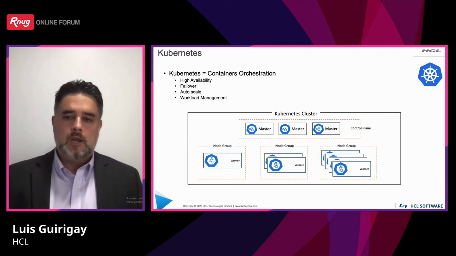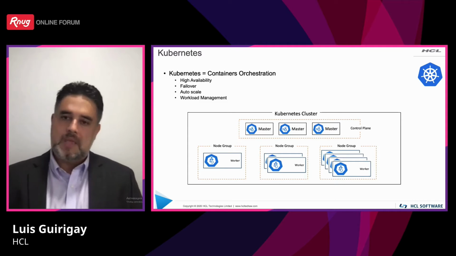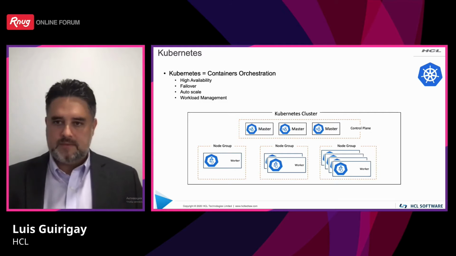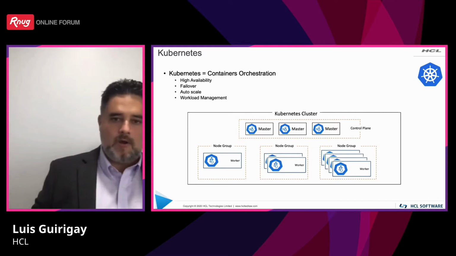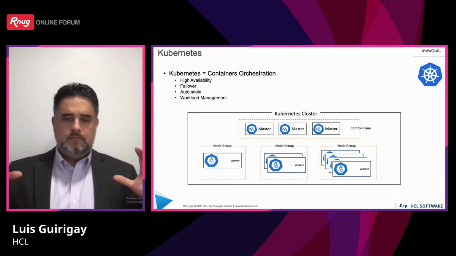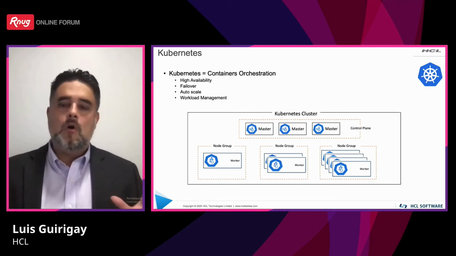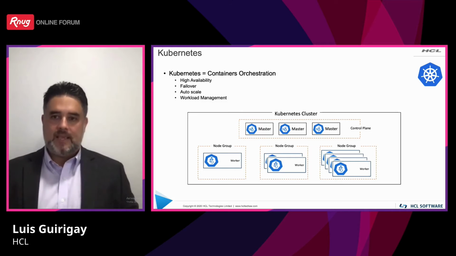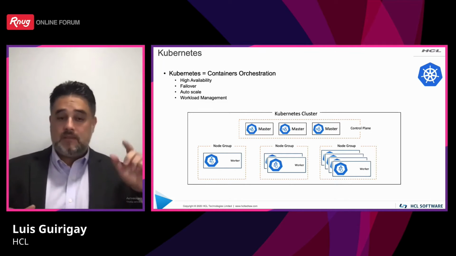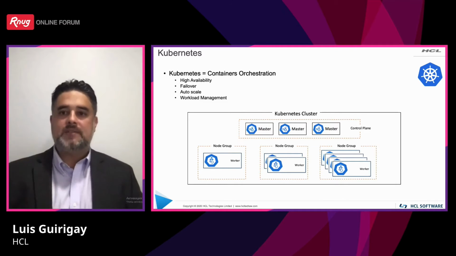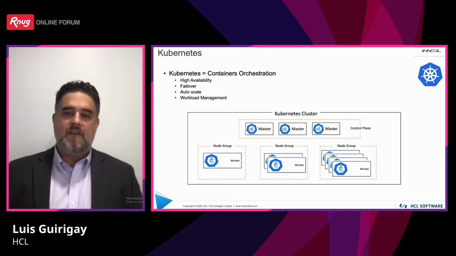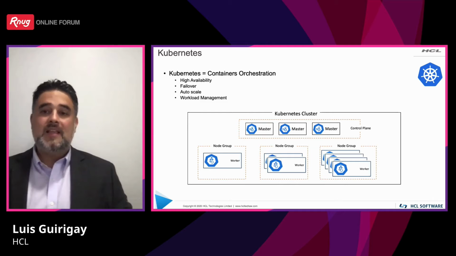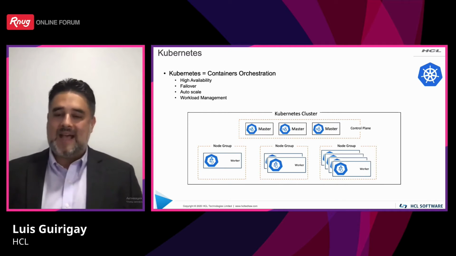I'm pretty sure you have heard of nodes before, worker nodes and master nodes. Let me tell you what they are. They are just VMs. In this screenshot, you have a couple of different components, so let me go one at a time. The one on top is the control plane. The control plane, in this specific case, has 3 master nodes. That means that you have 3 physical machines or VMs, each one of them acting as a master